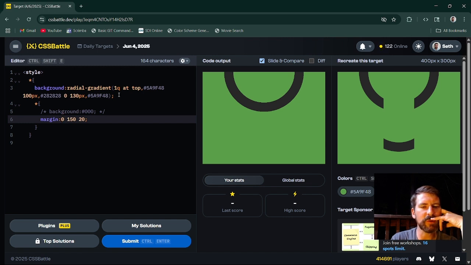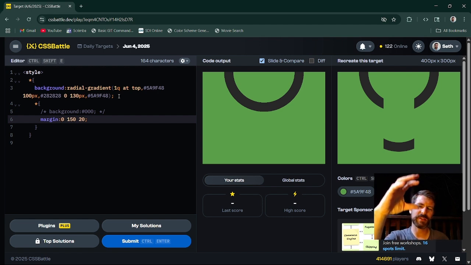I could also put like negative margin on the HTML and then position the gradient lower, and so then it just appears lower when the body's at 0 margin, right? So there's different ways to play around with this. I can treat it like the HTML, move the gradient around, or